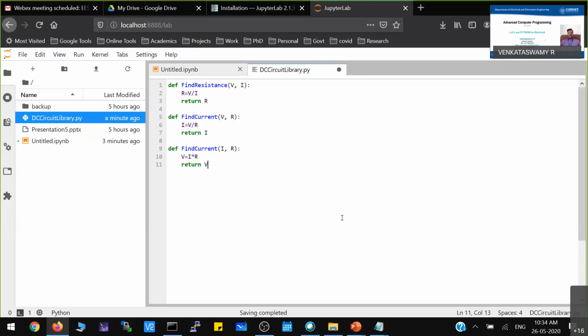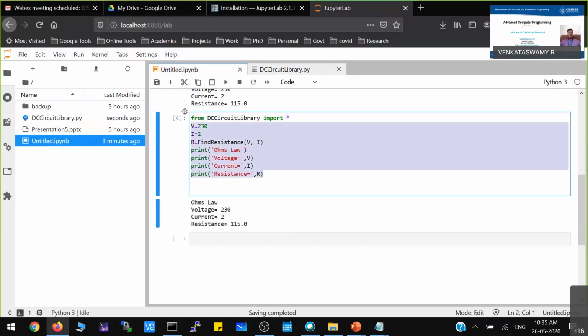Now you observe, I created three functions. One is to find the resistance, another is to find the current, and the other is to calculate the voltage value. Now let me come back to my program.